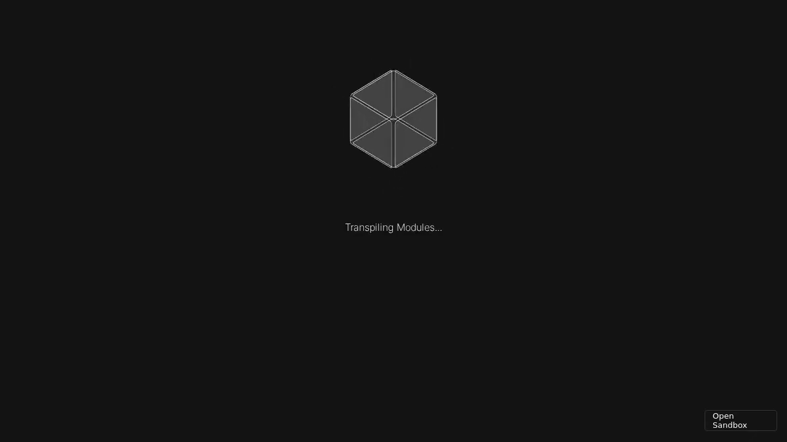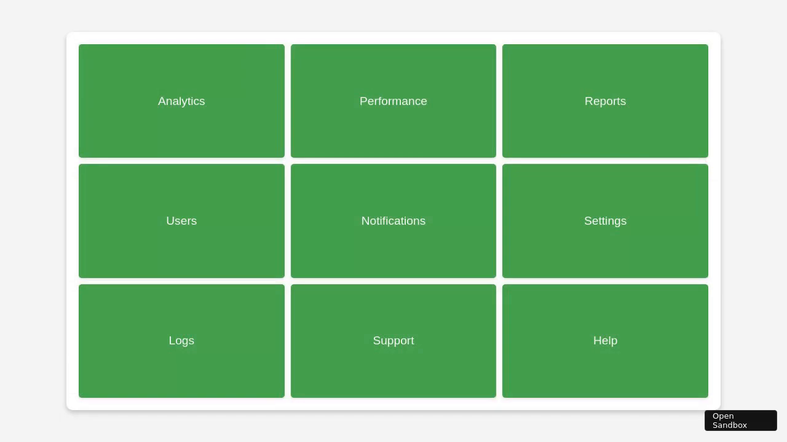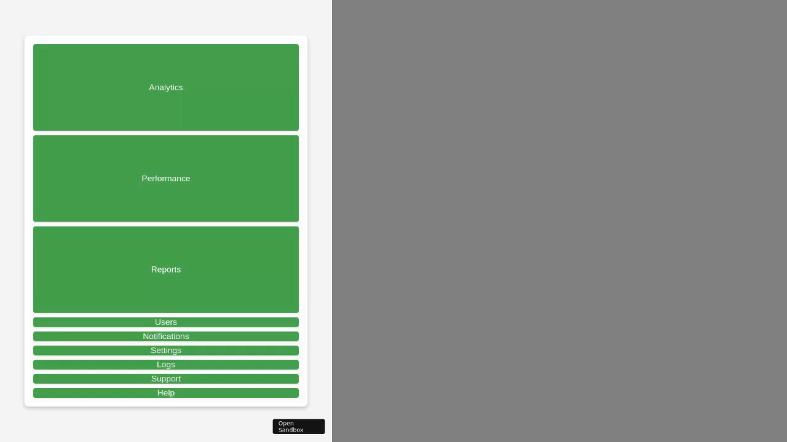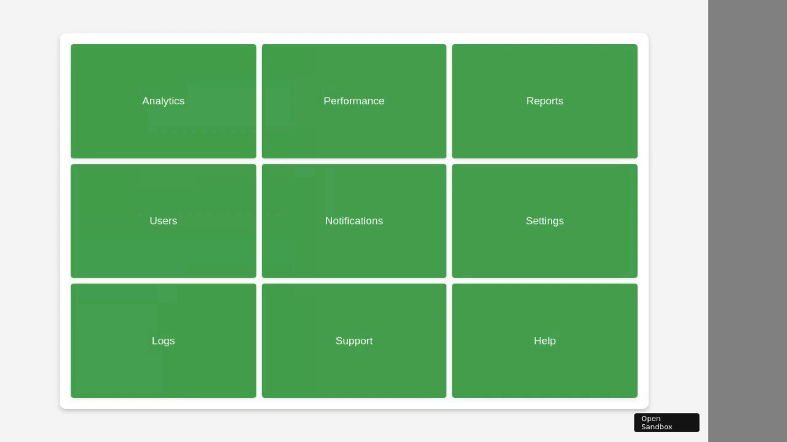Let's take a closer look at how our responsive dashboard functions in action. As we navigate through the dashboard, you'll notice each section, such as analytics, performance, and reports, is clearly visible and easily accessible. This ensures that critical information is readily available to users. Additionally, the dashboard's responsive design allows it to adapt seamlessly to different screen sizes, making it equally effective on both